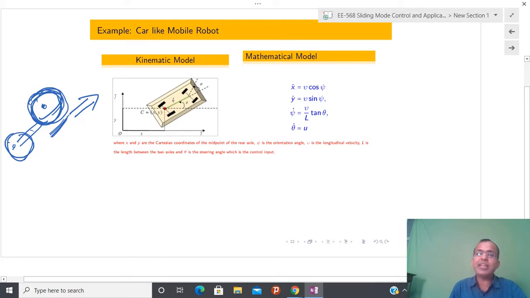Now try to see, I have two different modeling ways. One modeling is called the kinematic model, another is called the dynamic model. In the kinematic model, only position and velocity are involved most of the time, but whenever we talk about the dynamic model, force also comes into the picture. Now here I have two different kinds of motion: one is rotation and the other is translation. Somehow I have to move the car from one point to another point, and if you see carefully, rotation motion will also generate translation.